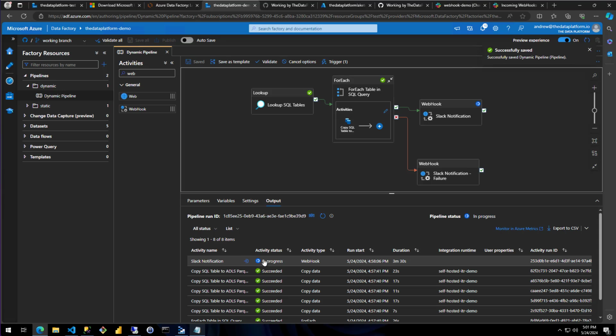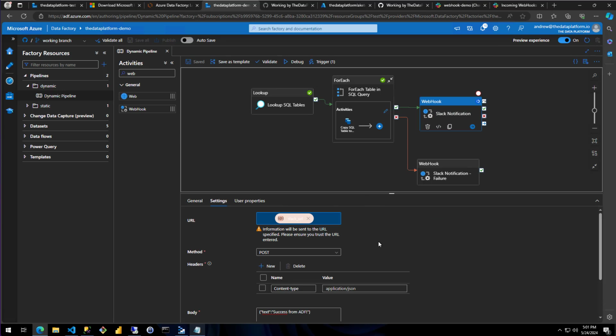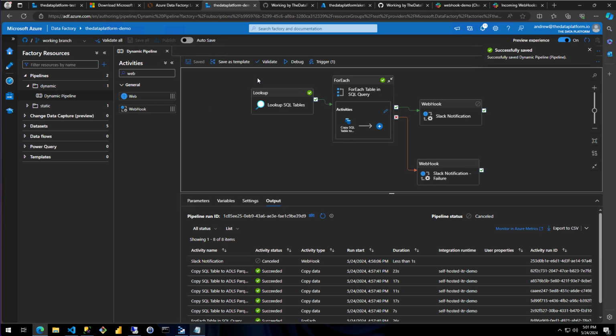And then this one is still in progress, so let's go ahead and cancel this. That was one of the things I wanted to show you as well, because we're not really getting any information back from this. So we're going to let this do a quick timeout at 1 second, and we'll just save it. We'll just let this be one-way communication. Now that it's good,